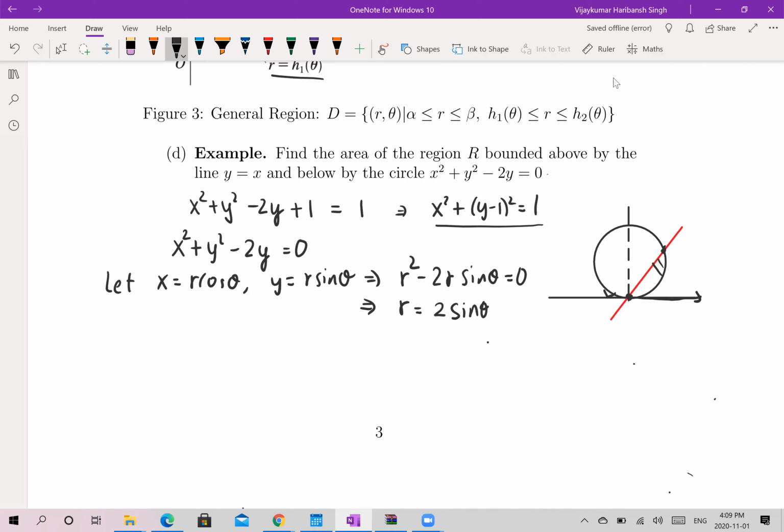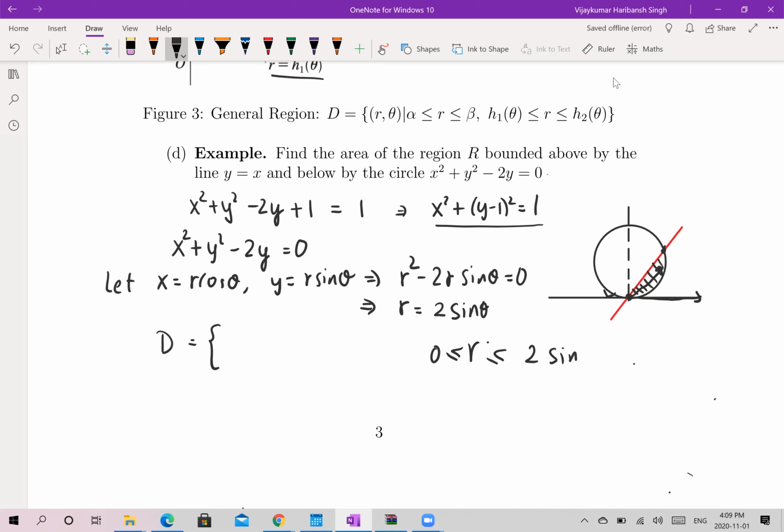So we are interested in this region here. How do we find that? We need to again find what our D is. In this case, R again is the distance from the origin, so it's still changing along the circle. So we have R between 0 and